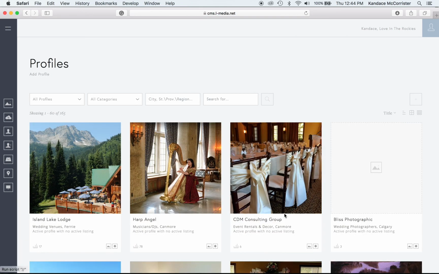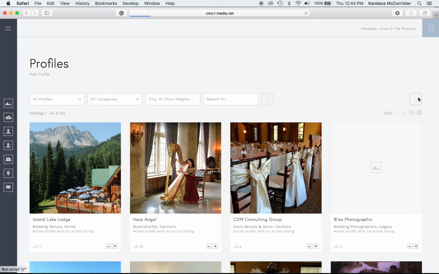In here, it pops up then all of your profiles. You can simply click on somebody to make any changes you need to. You also have some search options at the top as well to quickly help you find people. To add a new one, which is what I want to show you, you're simply going to click Add Profile